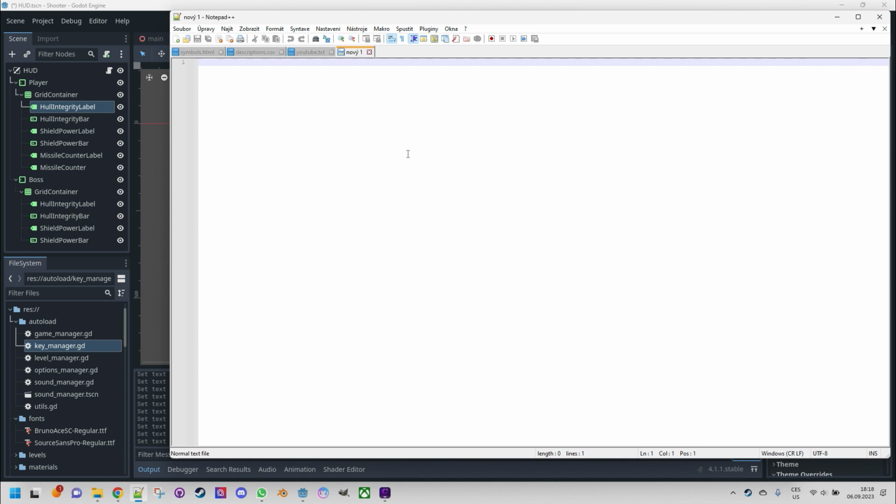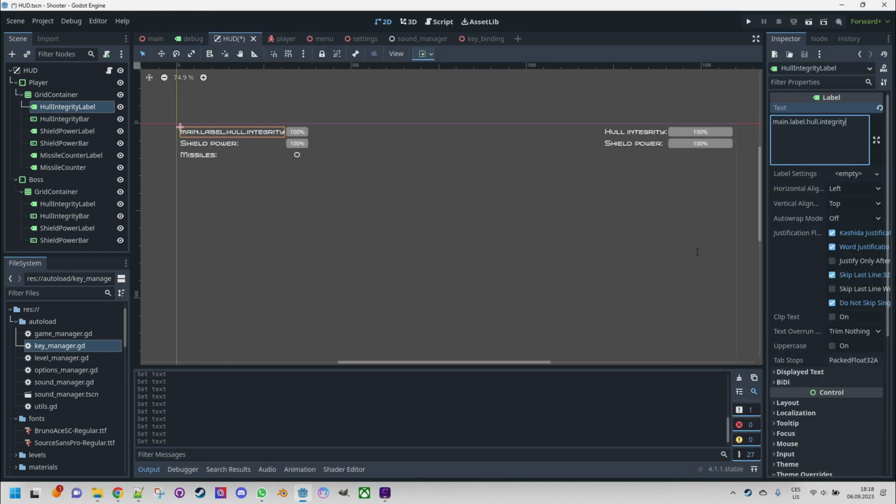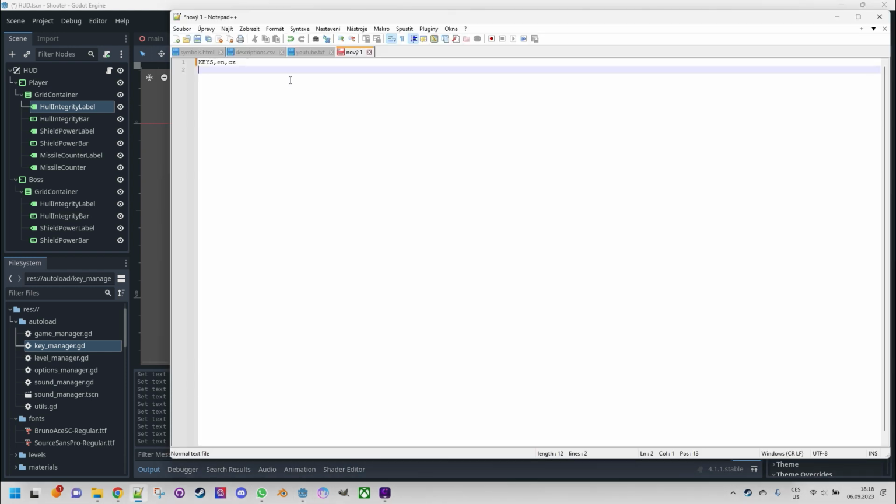First, we need to start with the header, so that would be keys, en and cz. So keys means that the first value would be the key, just like we used here as menu label hull integrity, and then the list of language codes follows, en for English, cz for Czech. And I will add 3 entries for the 3 buttons from the menu screen. So it would be menu button